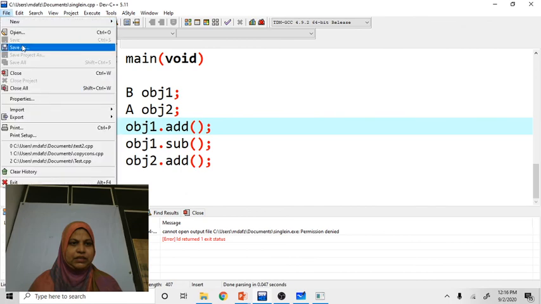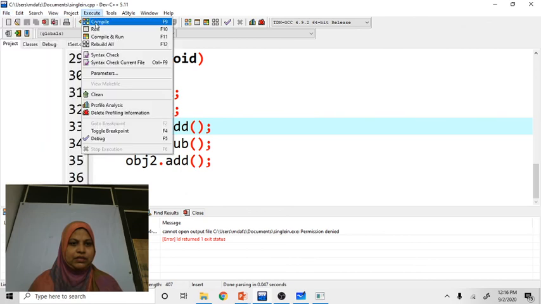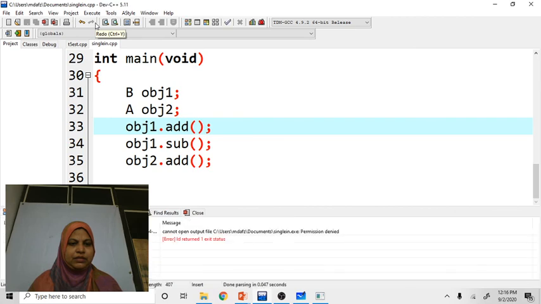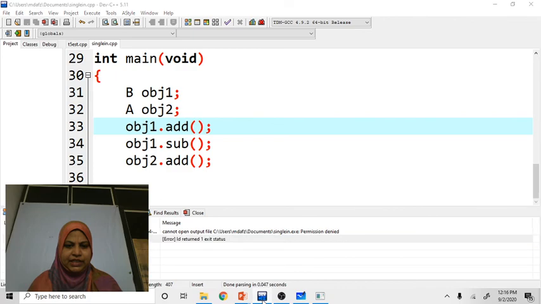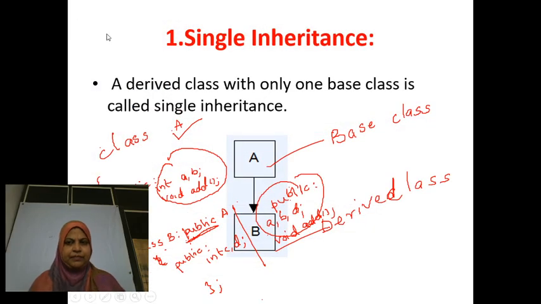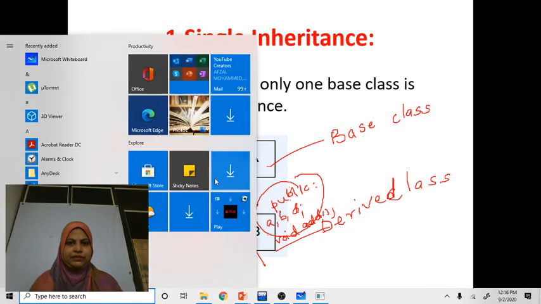What type of error are we getting here? I'll check this one.